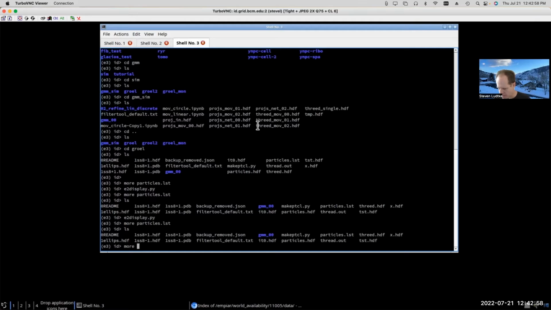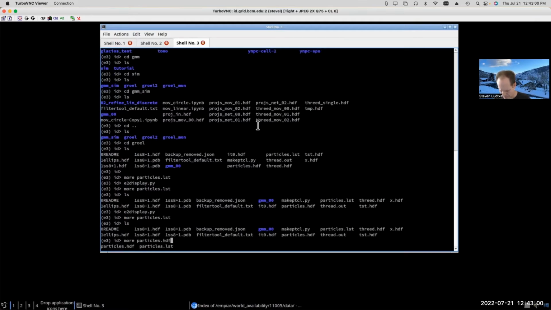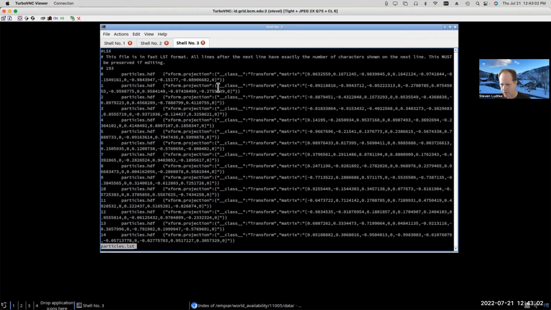The other useful thing about these LST files is that they're formatted in such a way that every line in the file has exactly the same number of characters in it. It's not a fixed number of characters. Each file can be a different number, but in this case, it's 193. So basically, you have these comment lines at the beginning. Then there's a line here which says how many characters are going to be in every line in the rest